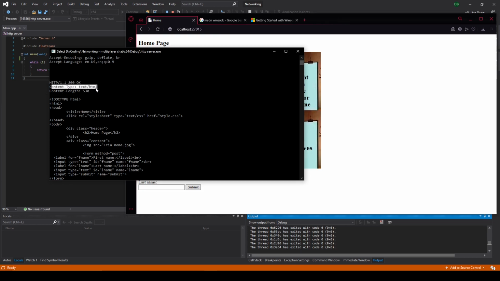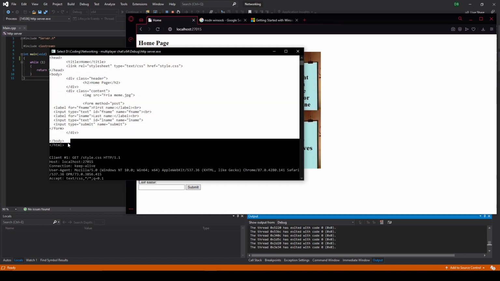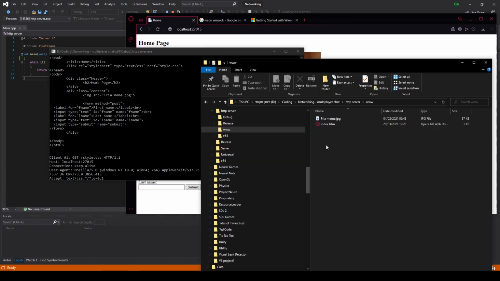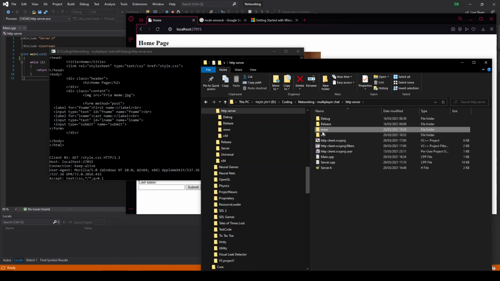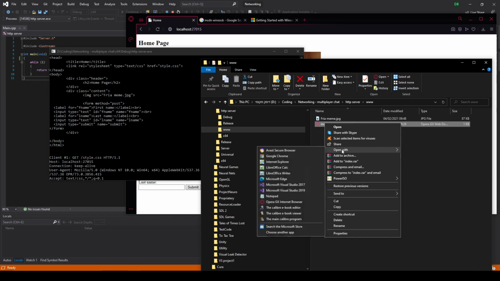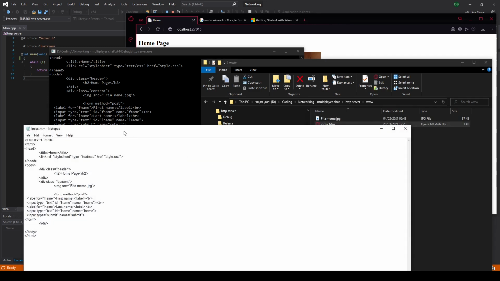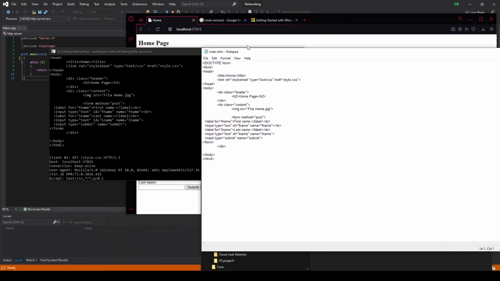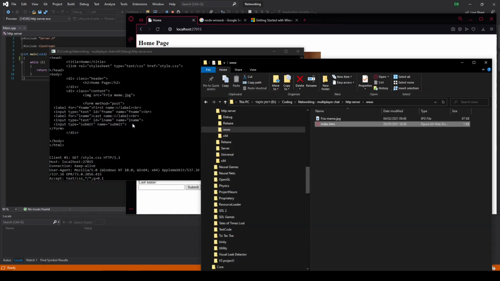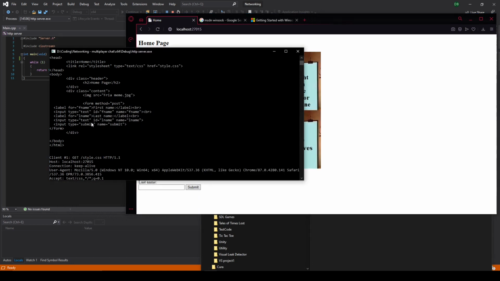Content type text HTML, content length, the size of the file, then doctype HTML, all of this, and that file is in the web server, in the HTTP server folder under www, and it's here. Open with Notepad. Here it is, exactly as is. It is sent to the client, and then